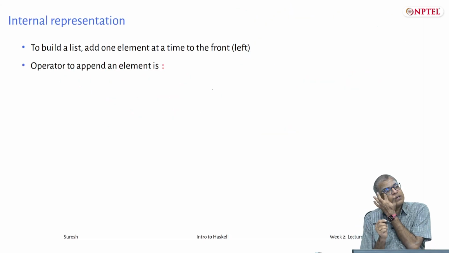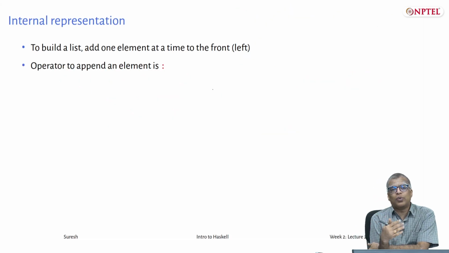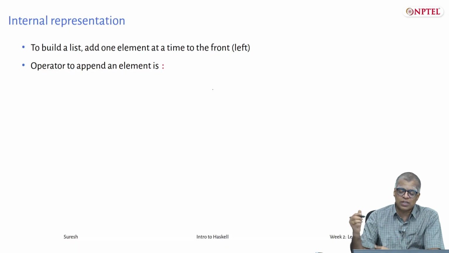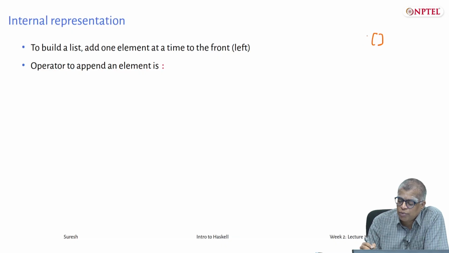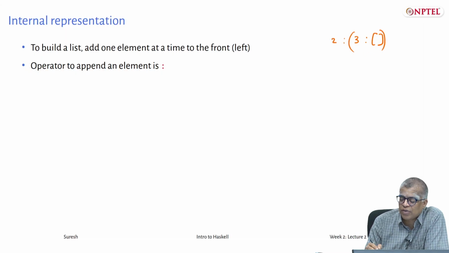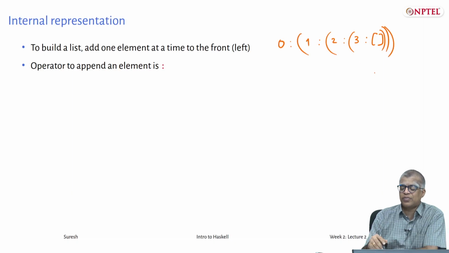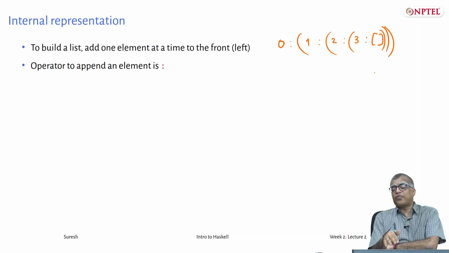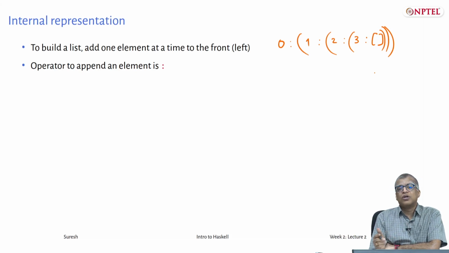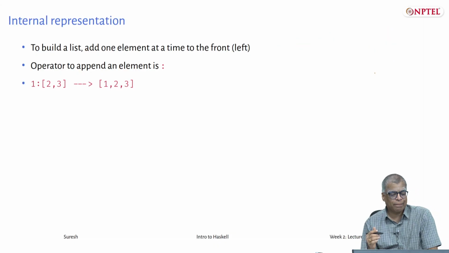So we talked about how you can view a list, but you can also ask the question as to how you can build a list. You start with the empty list and add an element to its left. That gives you a new list. You add an element to its left, that gives you another new list, and so on. So you can think of every list as being built up like this. Therefore, you can also decompose every list like this. This is the main idea.